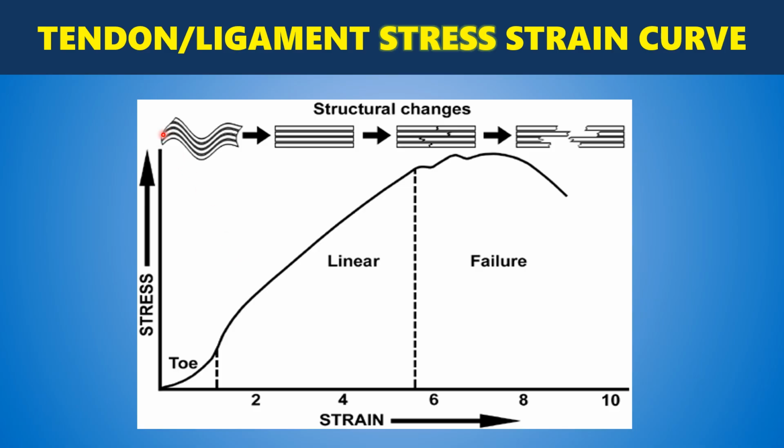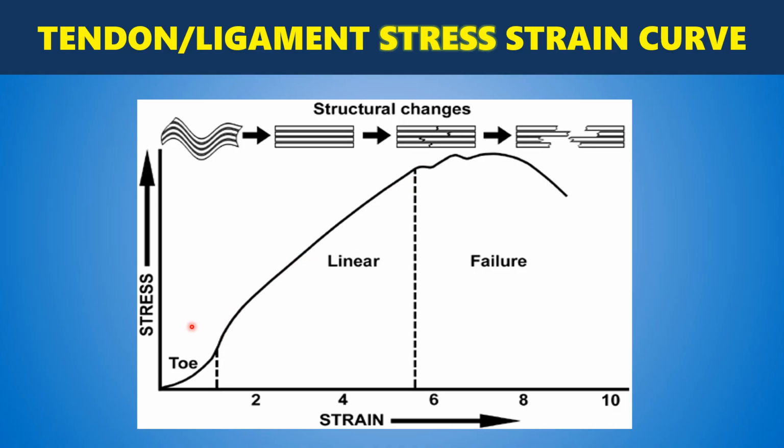Why? As you can see, the fibers will be crumpled. You need to straighten the fibers before it follows the linear part of the elastic region that follows Hooke's